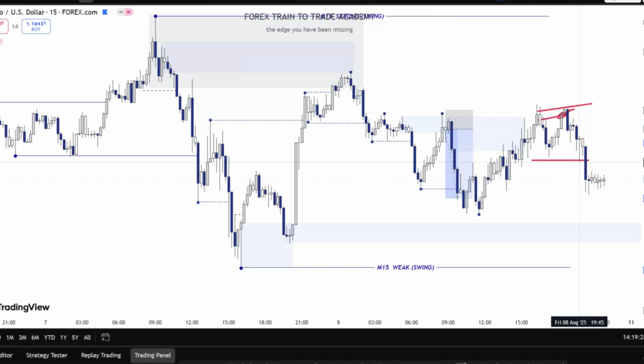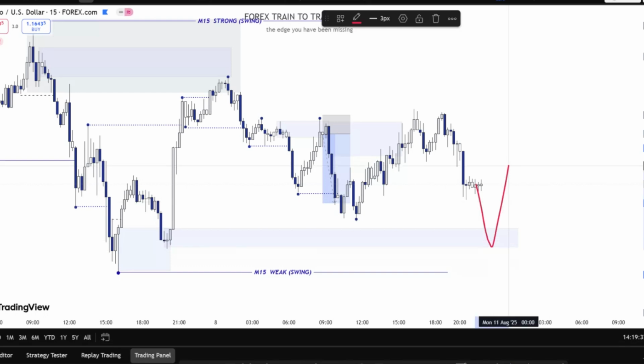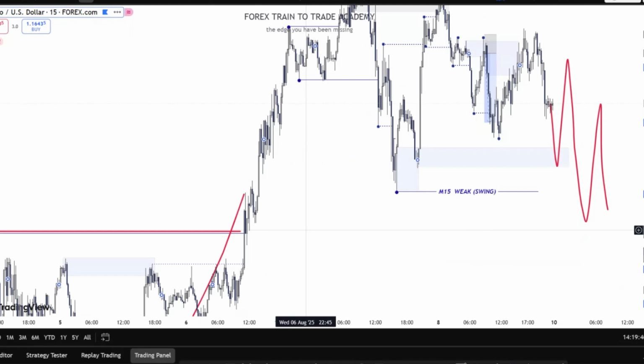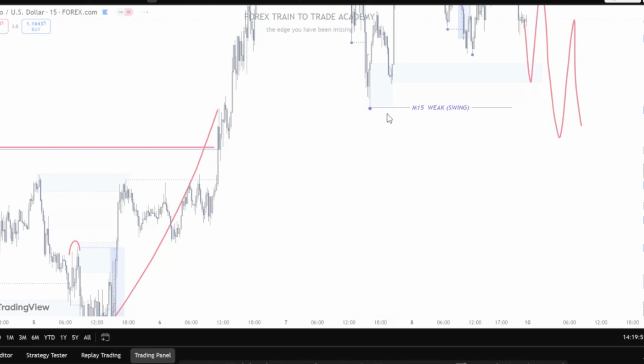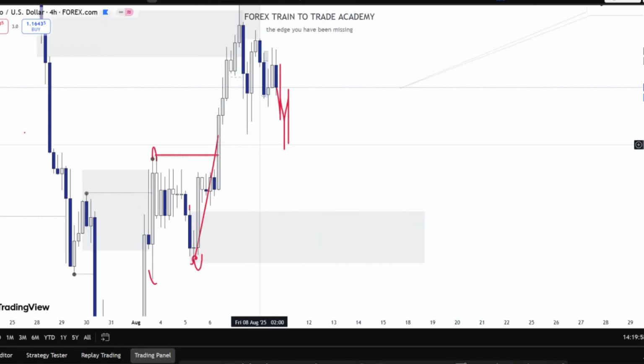We already know what we are expecting overall from Euro US dollar. Our expectation is that price should just leave from here and give this internal structure, pull back to another internal range, go, take the weak swing, pull back, and go down. Where? Down to this level here. And where is this level on the higher time frame? If you check the higher time frame, you are going to see that the level we are talking about is actually here. So that's the level on the higher time frame. Okay, so that level is right down here. So we're just expecting it to sell right down to some of this level